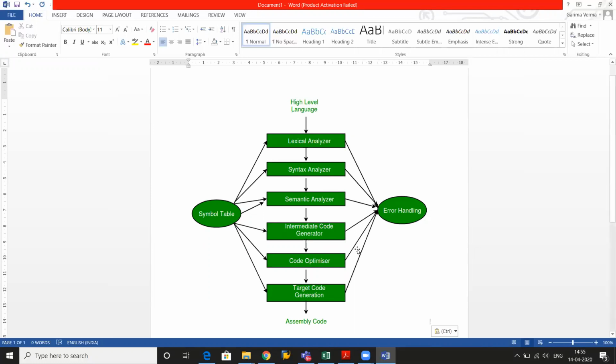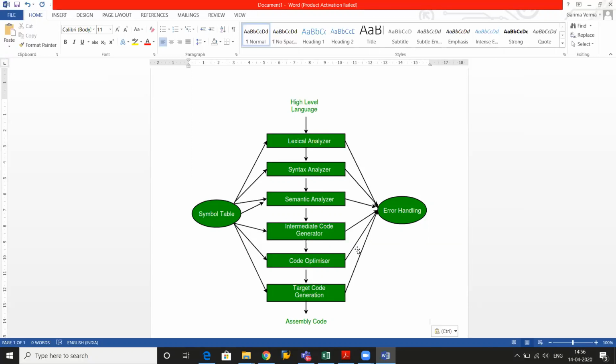Then we have intermediate code generation, through which we generate the three address code of the high level language program. Basically, the purpose of intermediate code generation is to convert the high level language code into the three address code, that is the small code, where we will use a maximum of three operands in the expression, so that we can easily convert this particular code into the machine level language, or we can say low level language, assembly language, right? And after intermediate code generation, we use the code optimizer.